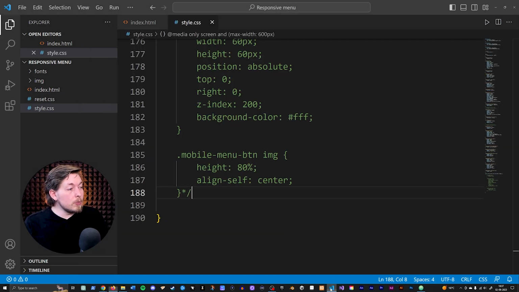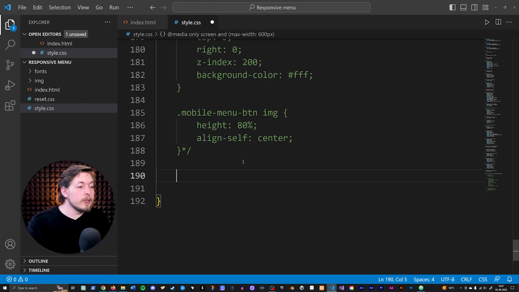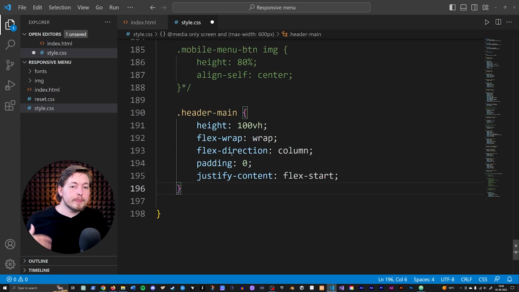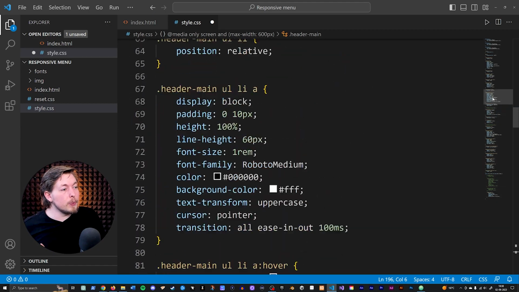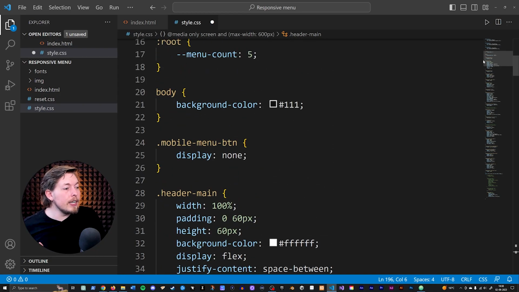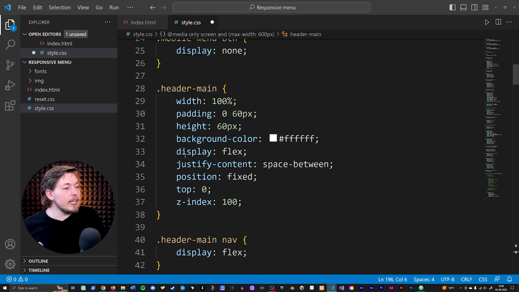So doing that, so we can now actually style it and see what is going on, I'm going to add the next styling, which is going to be the header-main. Now, all I'm doing in here is I'm making sure to add a flex property to this menu, which is going to be wrapping in a different direction. Because right now we already added in a flex styling, if I were to go back up to my desktop version here, you can see my header-main has a flex